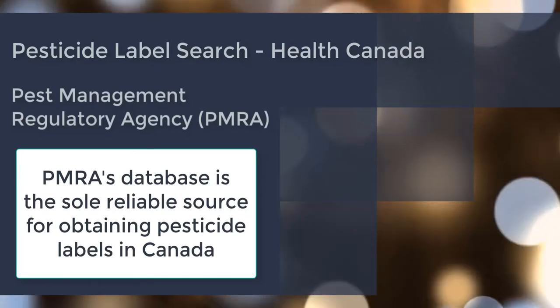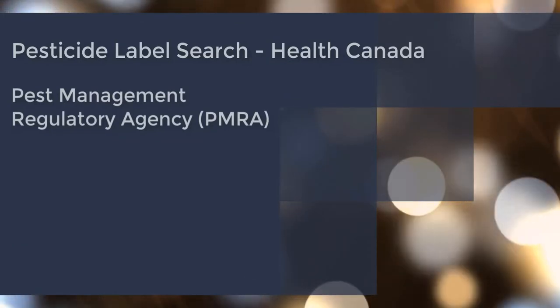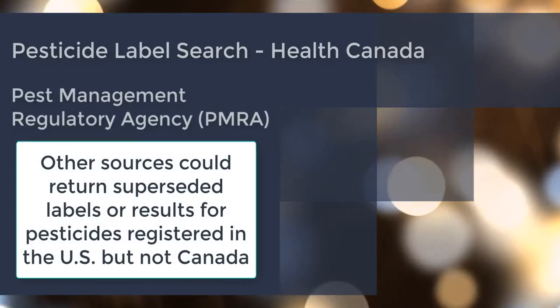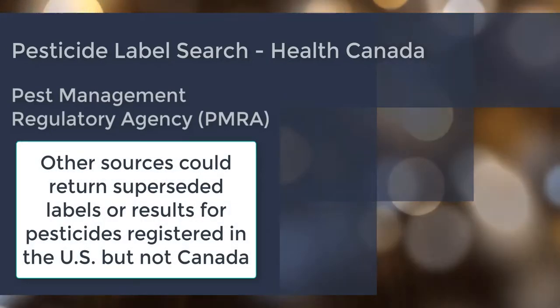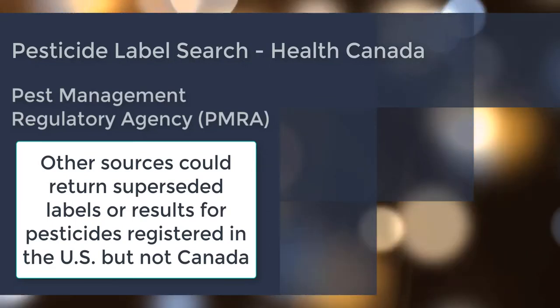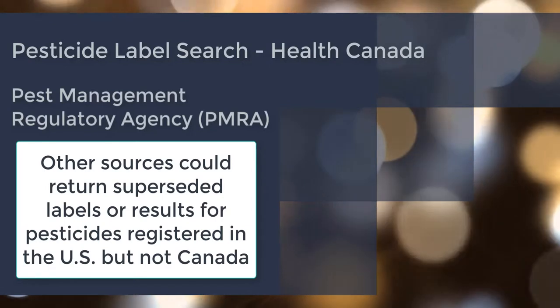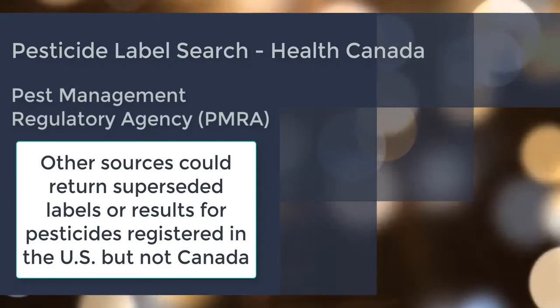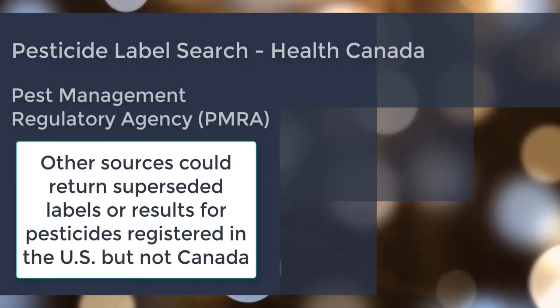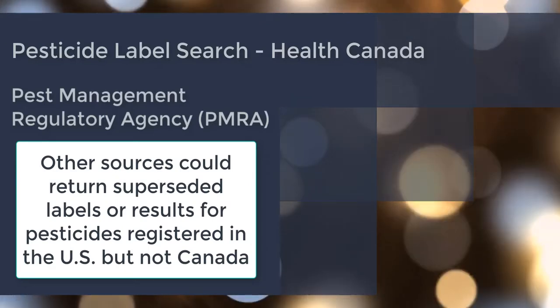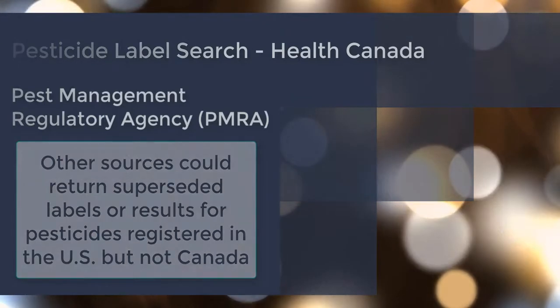Using any other method could return erroneous results. For example, using Google might return results for pesticides that are registered in the US but not in Canada. Or you might obtain results for a deregistered or superseded variant of a pesticide used in Canada. Using PMRA's database is the only way to ensure that you will find the current variants of all pesticides registered